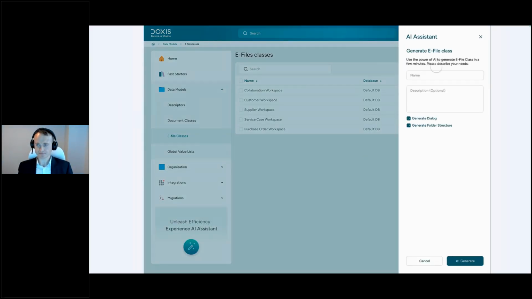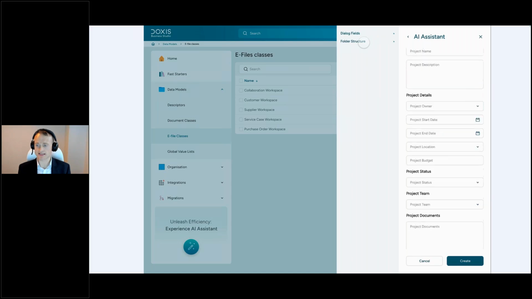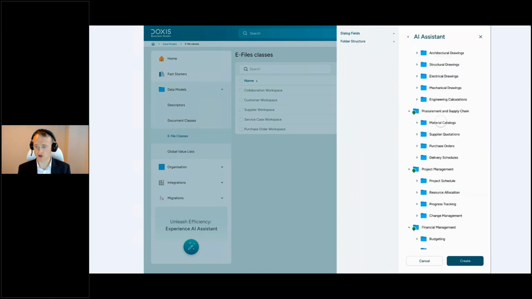So you can see here that if I want to go and create an e-file class now, I can just go and give it a name, in this example, construction project. Then I can go here and say, please create the folder structure with a more calculation perspective. And this is actually hooking up into one of OpenAI's algorithms to go and enable us to do this. And we can see now that in just a few clicks there, we've created a whole e-file structure in a